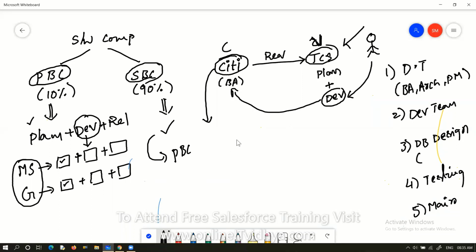Generally, whenever Citibank gives an order to TCS to develop an application, one team from TCS has to plan how to develop this particular product. That is the designing team.